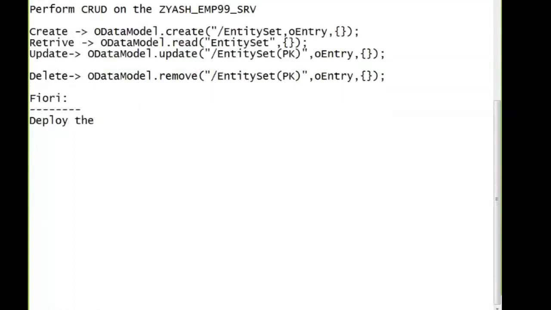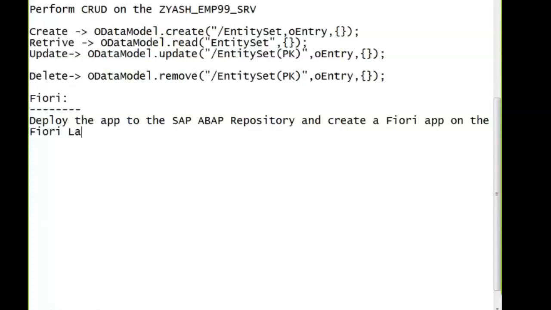Deploy the app to the SAP ABAP repository and create a Fiori app on the Fiori Launchpad using Fiori Designer. So the condition of opening the UI5 application is from the Fiori Launchpad.